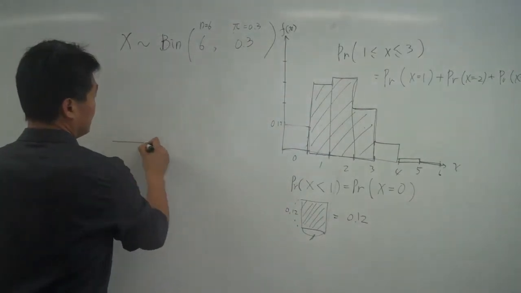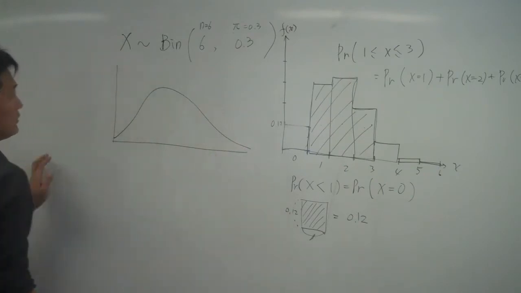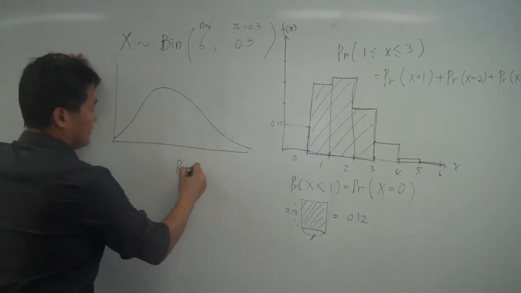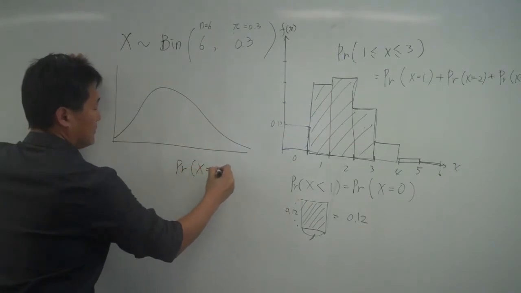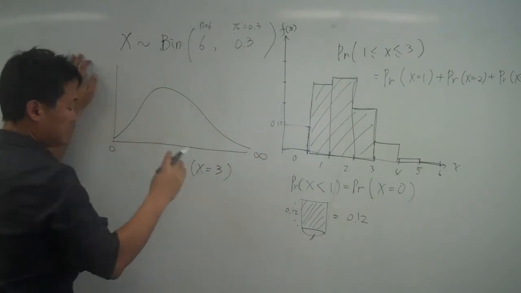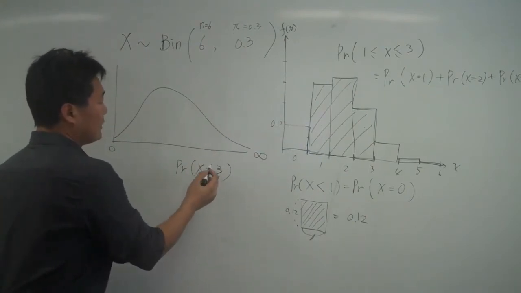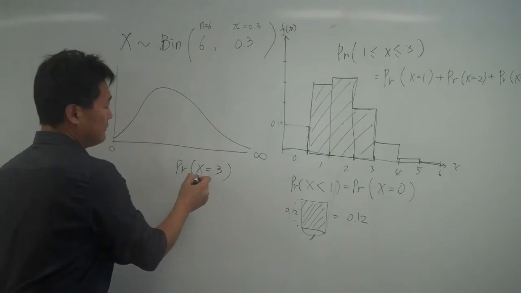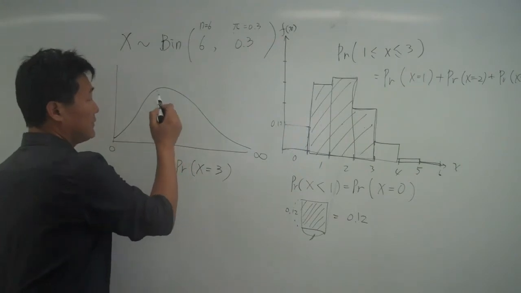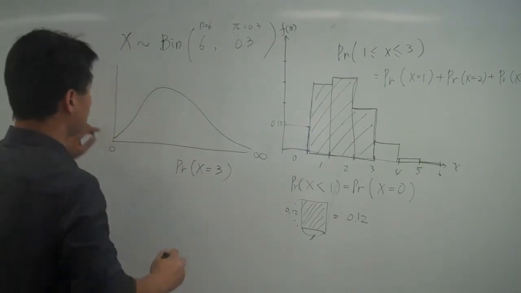Continuous variable, when you look at this continuous variable, it's just from the, we just set up like that. And then if we want to know if x equals 3 for the continuous variable, that's impossible, because